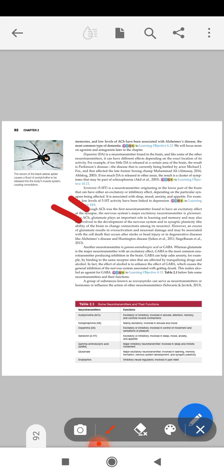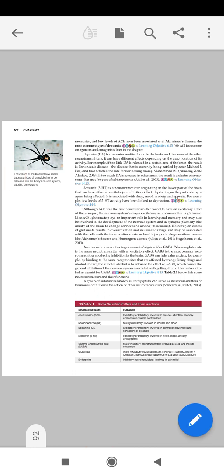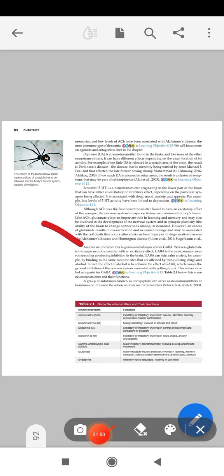These are factual data which you have to remember. Another neurotransmitter is gamma-aminobutyric acid, also known as GABA, whereas glutamate is the major neurotransmitter with an excitatory effect. GABA is the most common neurotransmitter producing inhibition in the brain. So it will create inhibition, meaning it will mimic the effects of